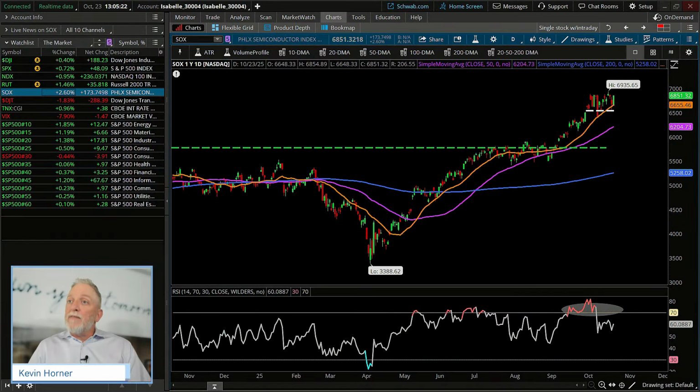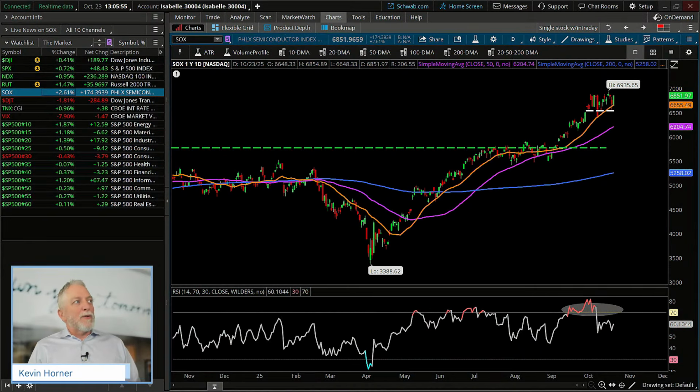and then closing above it, but that's kind of the testing of a moving average that many traders are looking for. In fact, when I think of trend trading, and I'm sure I'm not alone, I'm going to likely look at the time frames that fit the type of trade I'm considering. So if I'm a short-term trader, I might be looking, for example, at the 20-day moving average. And if I'm an intermediate-term trader, I might be thinking about the 50-day moving average. And of course, you've got the 200-day as well.